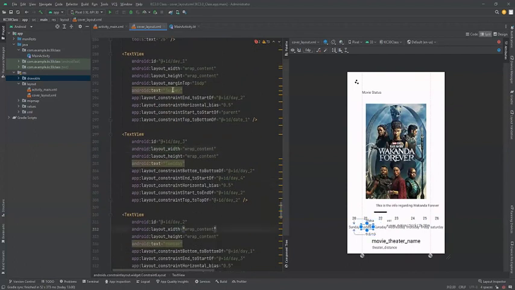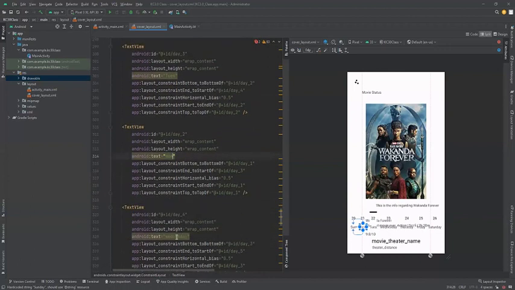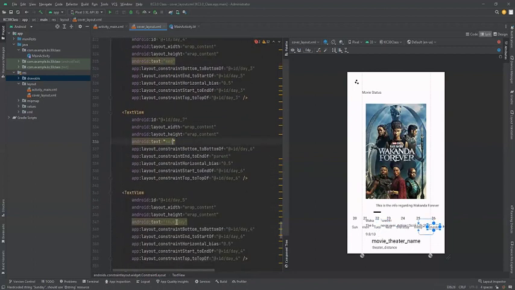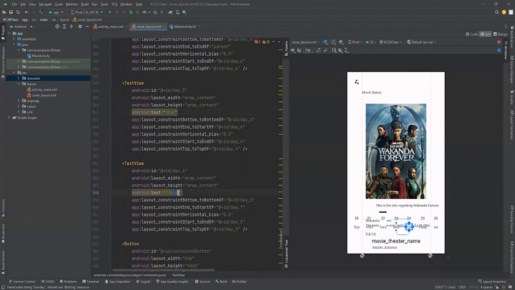We'll probably just make it, let's use the short forms, right? Let's use the short forms. Right, and then